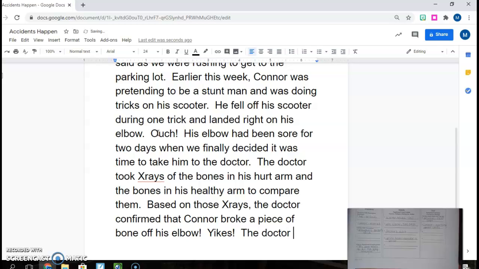The doctor put him in a splint to keep the bones in place. Not in palace. What am I thinking? When you make a mistake in your writing, just mark it out and write above it. I can delete mine, but I want you to just mark it out. Just like in the draft book that we do, I just want you to mark it out and write the correct one above it, and that's fine. We all make mistakes. It happens. The doctor put him in a splint to keep the bones in place and not in palace. That would make sense.